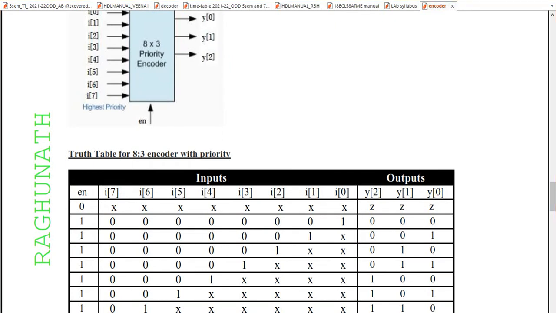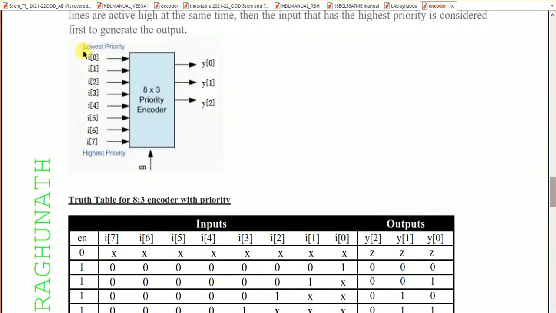Okay, in the one without priority, we have one here, this is the same, the second row is the same, the first row is also the same. The third row, actually here 1, here 0 was there, so instead of 0 here you have to put x, which as I already told you means it can be 0 or it can be 1. If the highest priority is this one, this has the lowest priority. Here actually I of 1 is also 1, I of 0 is also 1, so both are 1 1. The highest priority is at the down side, so priority is given to 1, and the code for 1 we have to write here is 0 0 1.